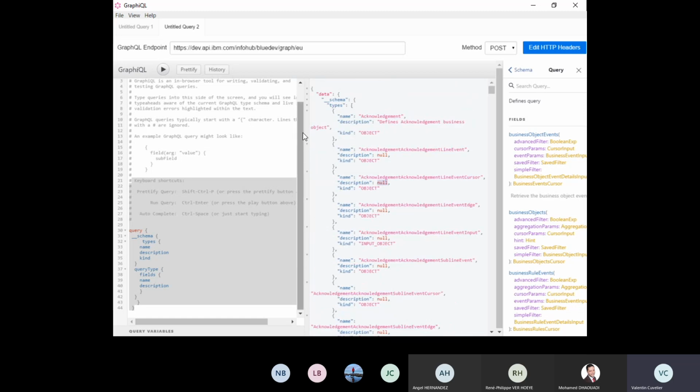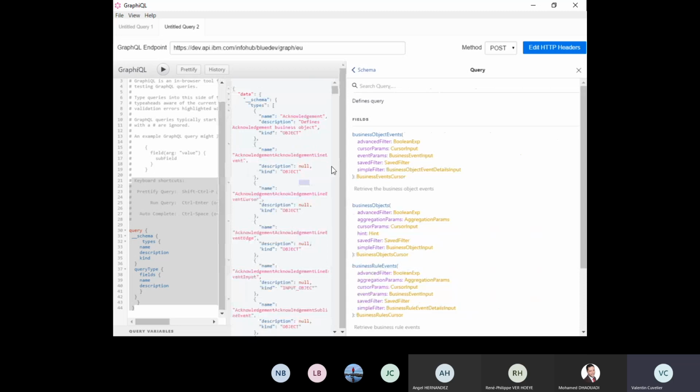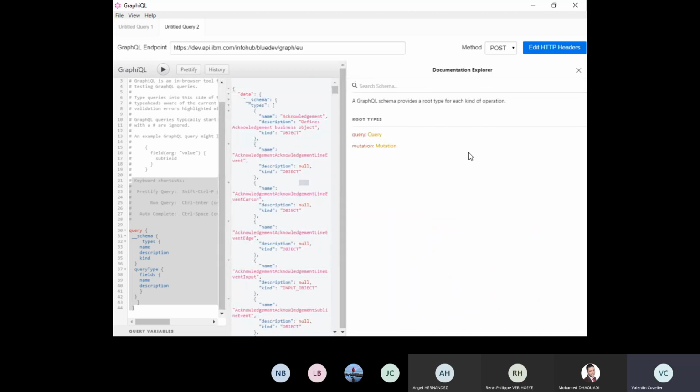But I really use GraphQL for the documentation explorer. It is really interesting because you can progress in the tree of the model. Here we are at the root of the model, and we see we have two possibilities: query or mutation. Query retrieves information, and mutation interacts with the data.